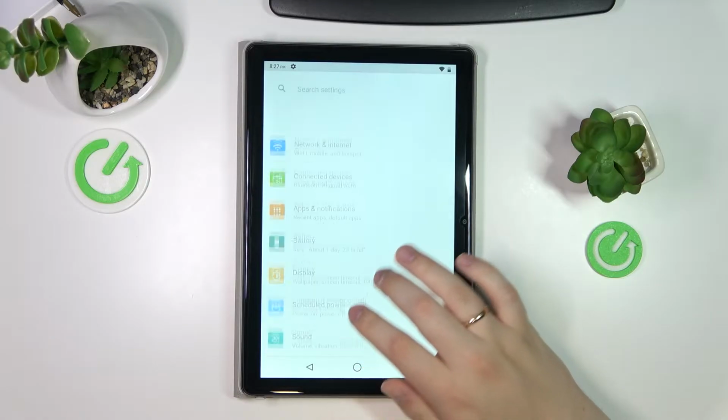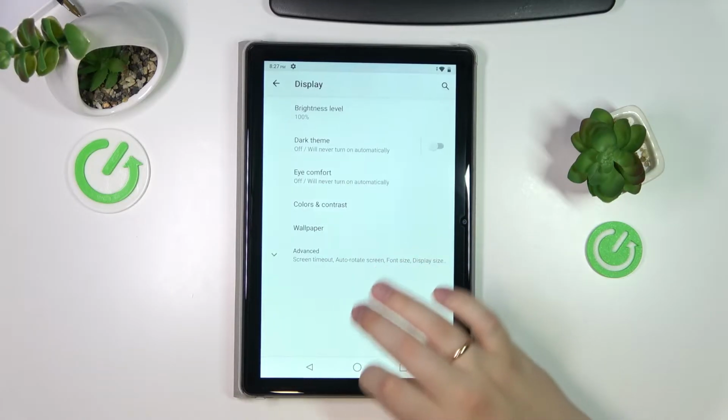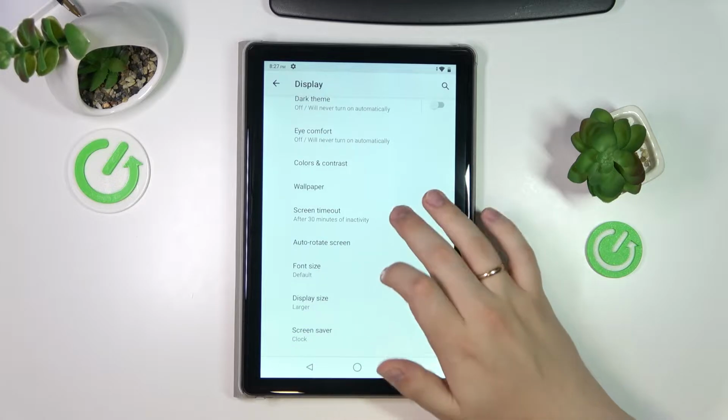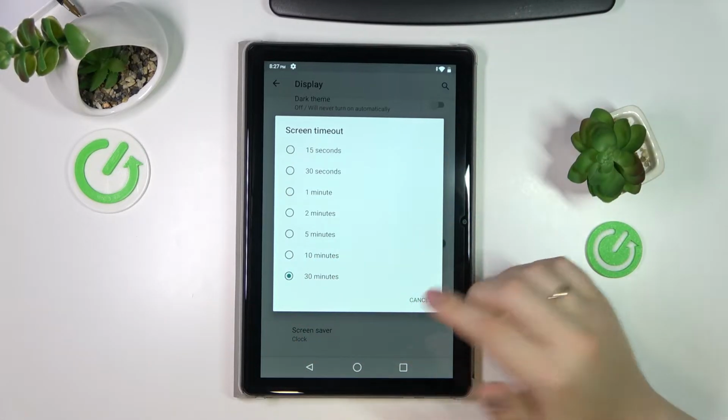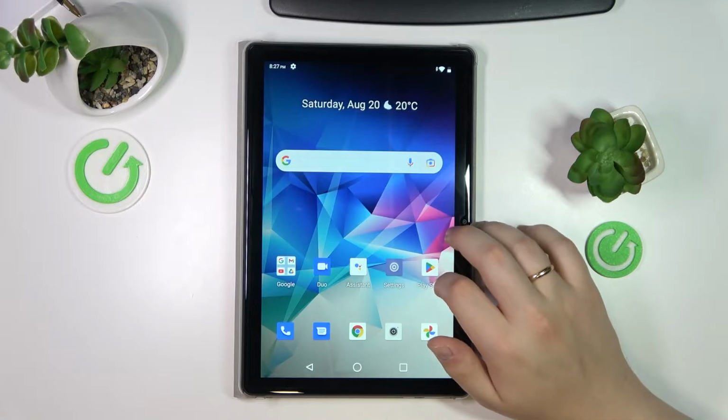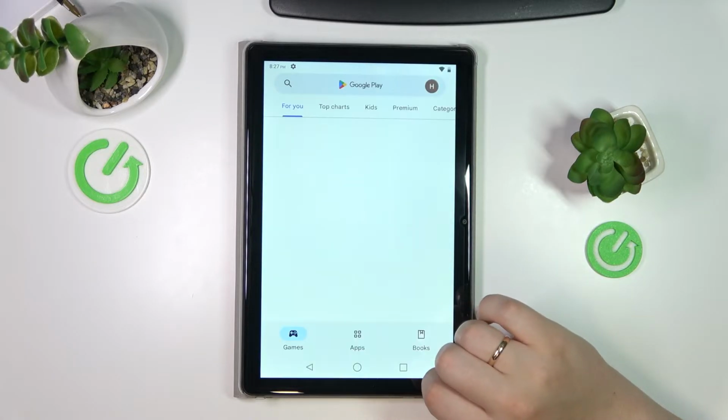So if we launch the settings, enter the display category and expand the available options for the screen timeout feature, or should I say the available values, we'll realize that the highest we can go by default is only 30 minutes. Thus, if we would like to be able to set it to never, we are going to use the